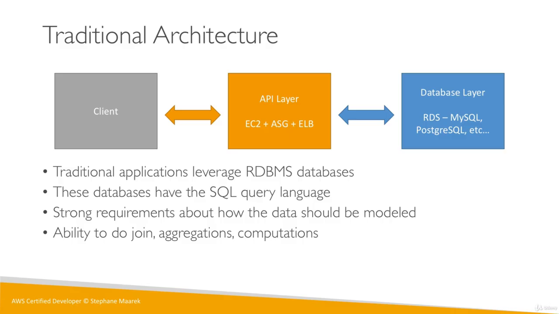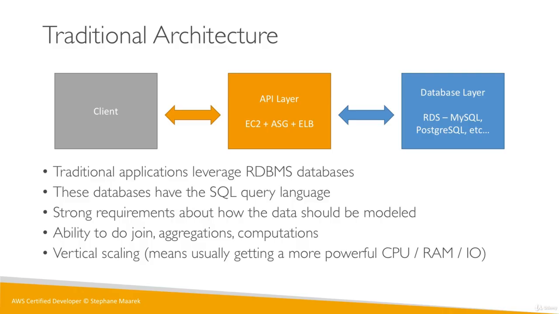And the benefit of this is that you're able to do within the database some joins, some aggregations, some computations. And so these databases can become quite compute heavy very quickly, and can become very costly. And so if you want to scale them, if your application gets bigger, usually that means vertical scaling. That means we're getting a more powerful CPU, more powerful RAM, better disk, but you just make that database a little bit bigger, such that it can handle the load coming from your API layer. Now this works just fine. And to be honest, this architecture is powering many databases and websites in the world.